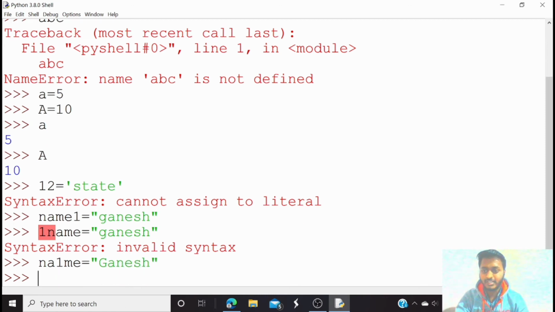Yes, you can do that also. But you can't put any number at the beginning of the name of a variable. So can you use any symbol in the name of a variable? Let's try. I am using hash.